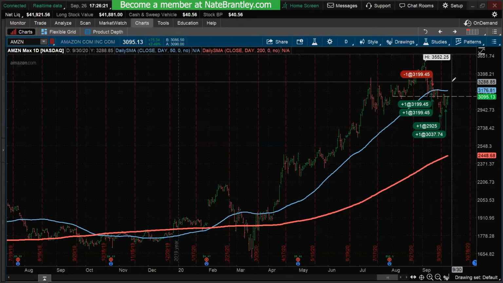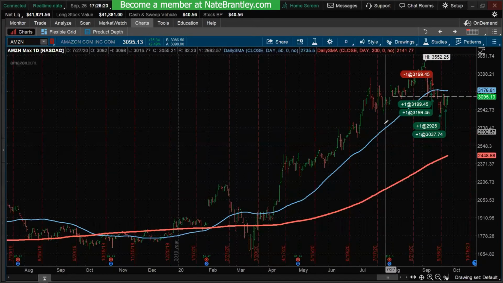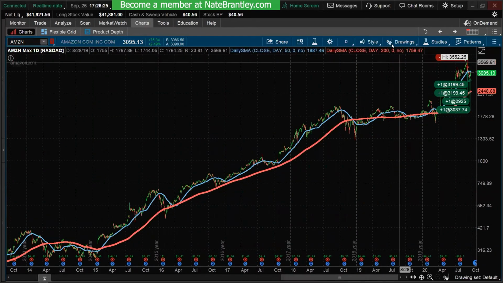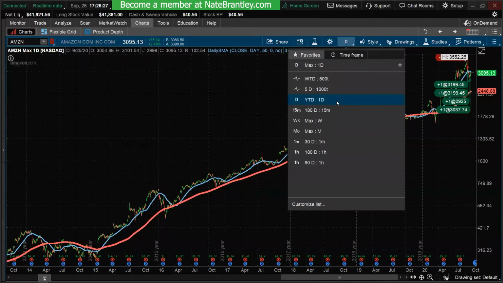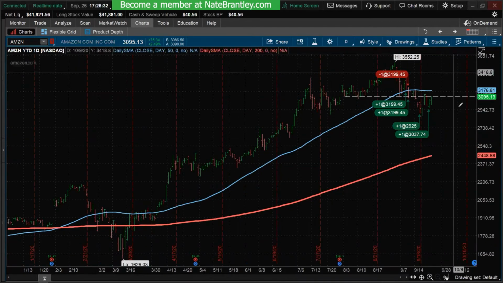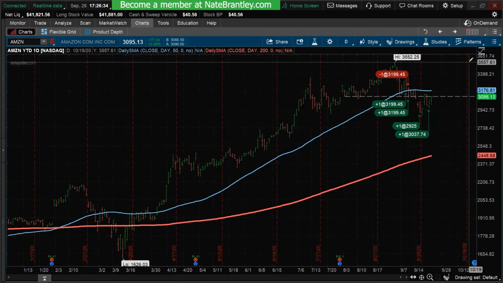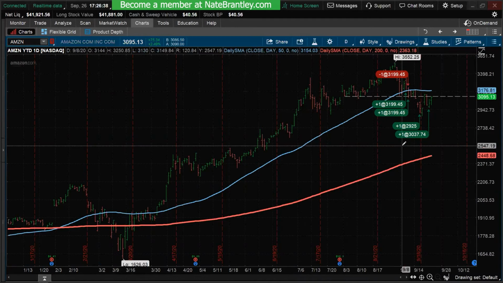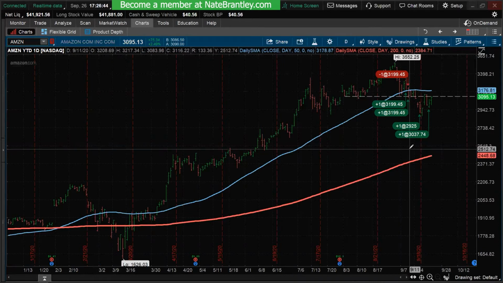I think that this one will finish this year. I think it has a really strong potential to finish. I think by the end of this year it's going to touch highs. And depending on how strong this holiday season is, I think there's a good chance that Amazon is closer to $4,000 by the end of the year. I know that's a crazy call, but